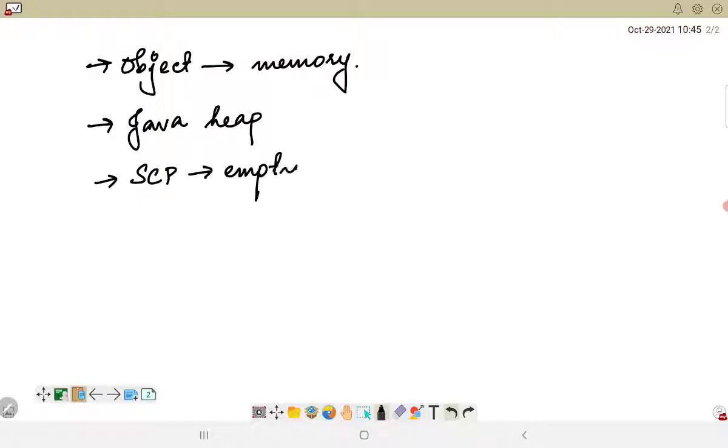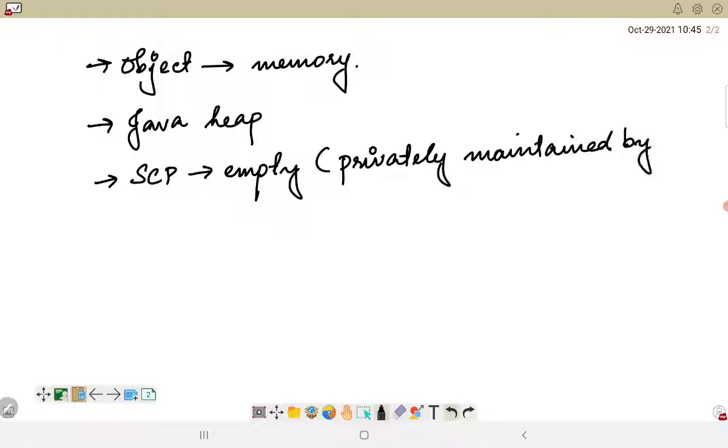That means it does not have any literals or objects within it, and it is privately maintained by the Java string class.